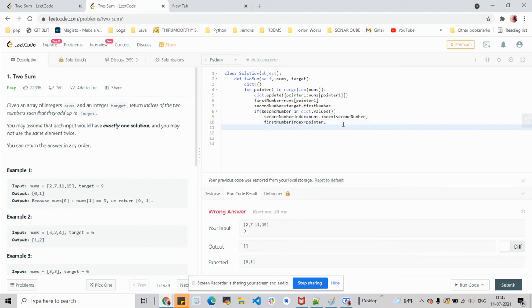Okay, let's try to print it. Print second number index and the first number's index.